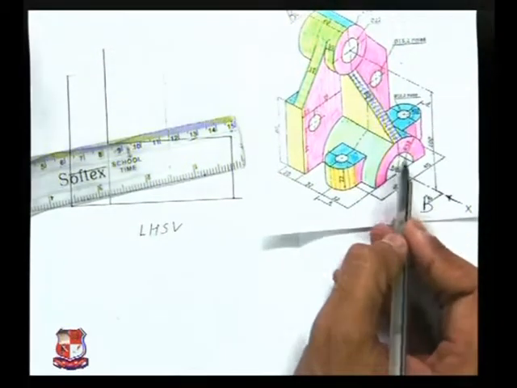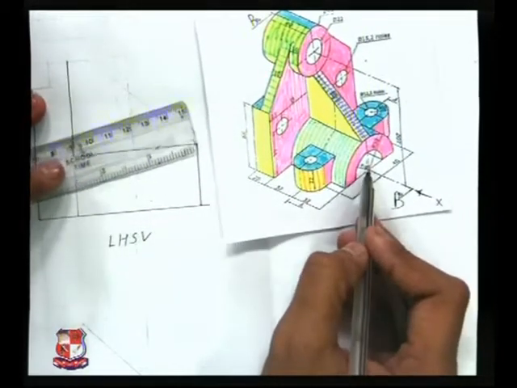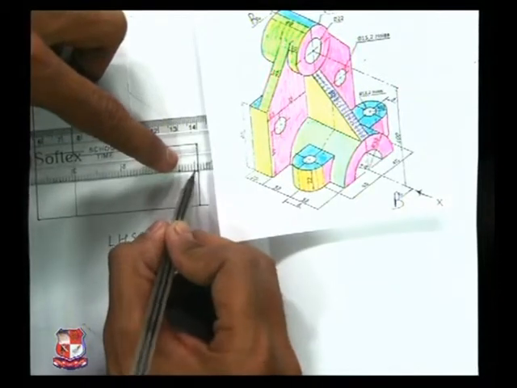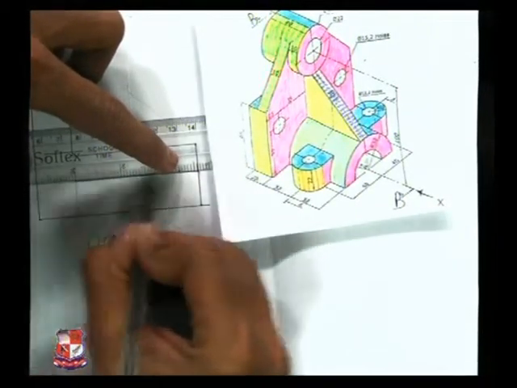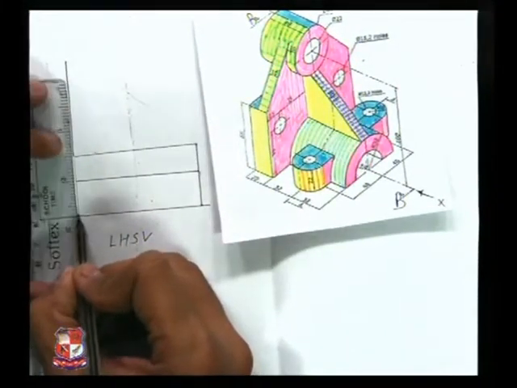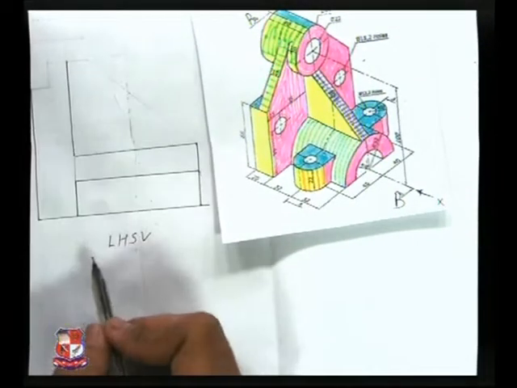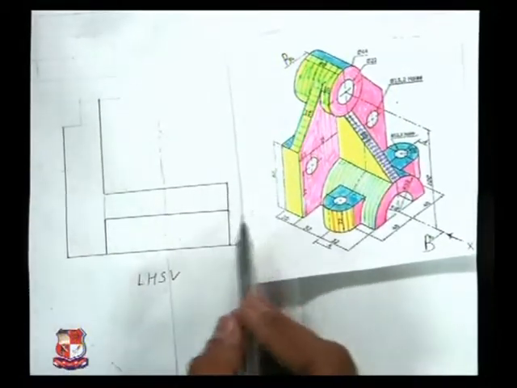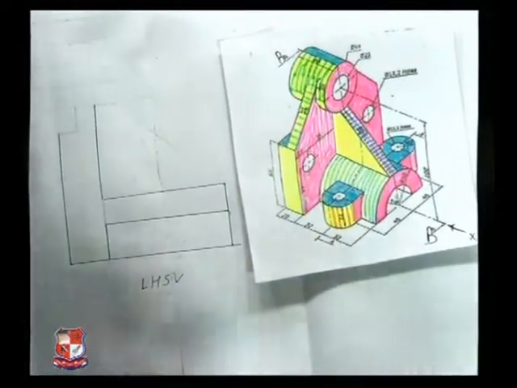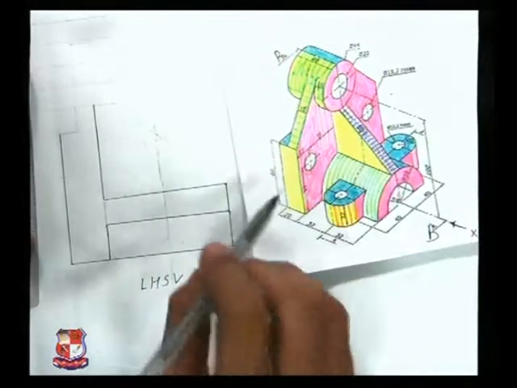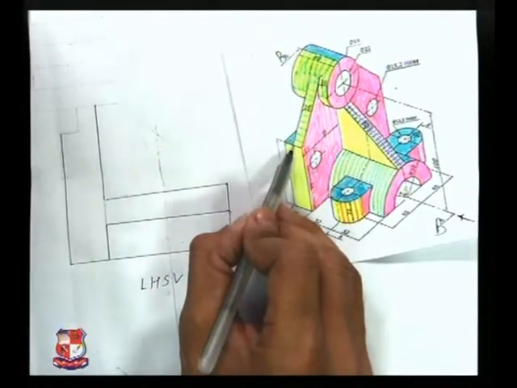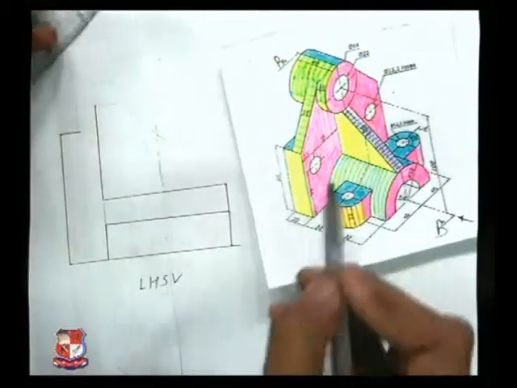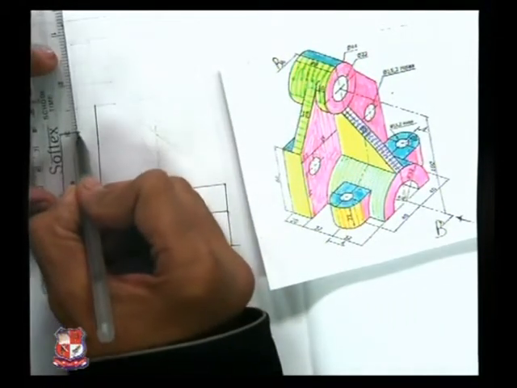So here this material, there is a blank space, no material is there, so that portion will not cut. So we can join that with a straight line, and we will not draw section line in that portion, because in that portion material is not cut. So this is the portion which will be visible after cutting this object from this axis. Now think about this one. If you look from side, this is 10 millimeter. So from here at a distance of 10 millimeter, draw a line. Then that height is known to us.